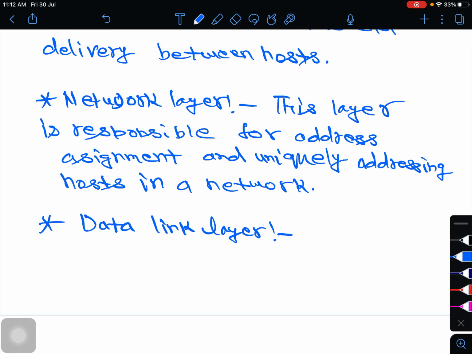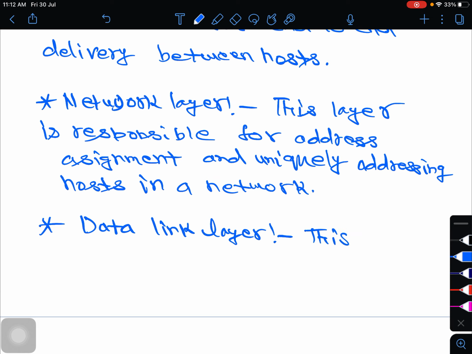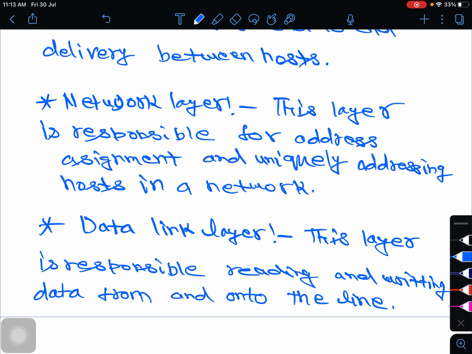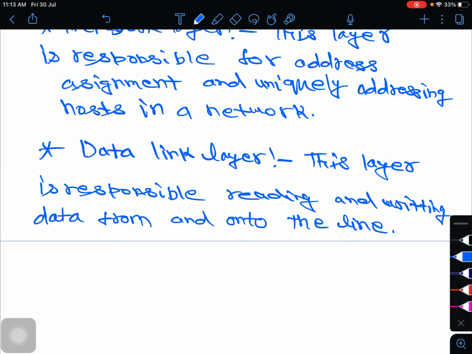So this layer is responsible for reading and writing data from and onto the line. It also controls errors.